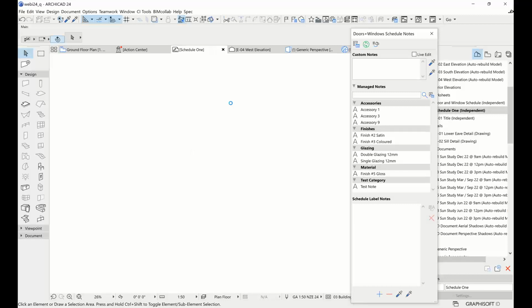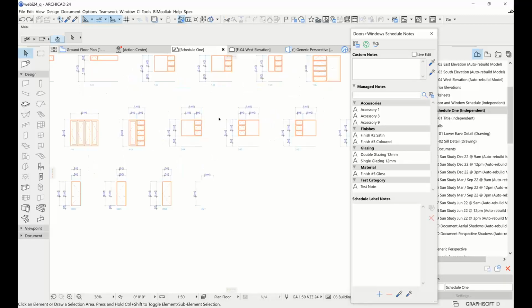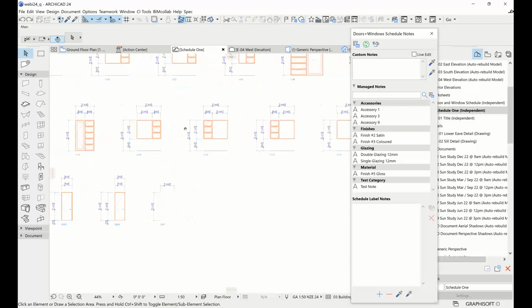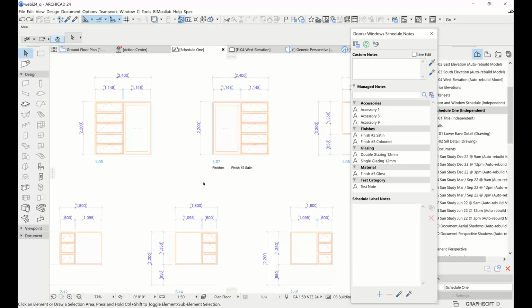And so that's the method of adding them through your model and having them come through to the schedule. So let's see if we can find 107. Here it is. So you can see 107 now has a note attached underneath its ID, and it says finishes, that's the name of the group, and then finish number 2 satin, that is the note specifically that we attached to that window. And if I select that now,